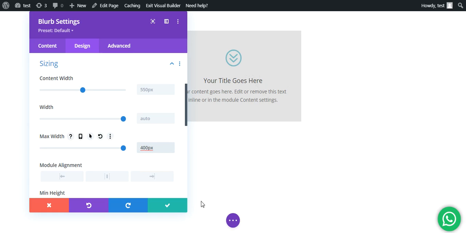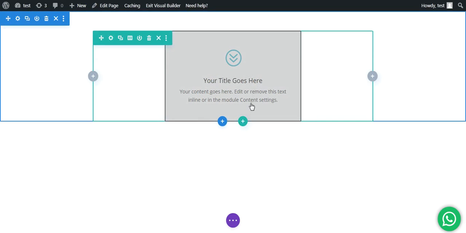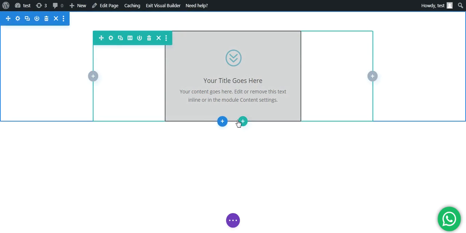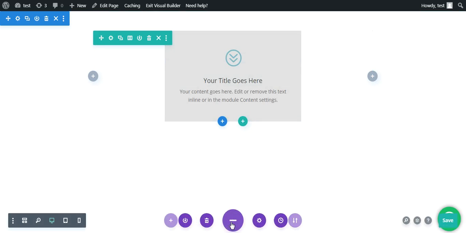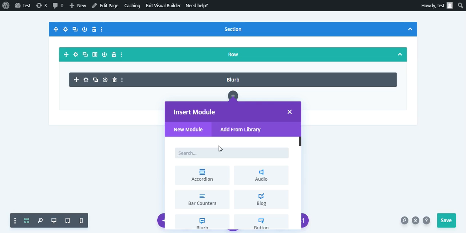I have changed the background color of it, and you can see this is the background color. Now this is a single column. Cool. Now what we need to do is add a divider. Instead of adding a new row, let's get into the navigator. You can see there's a plus. Click on this plus, and we need to add the divider.